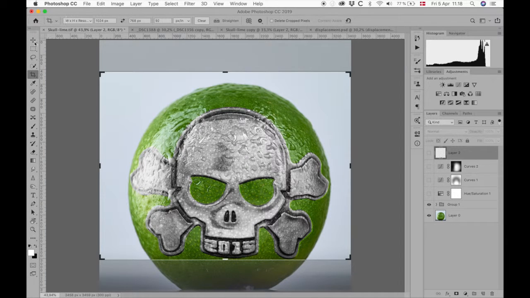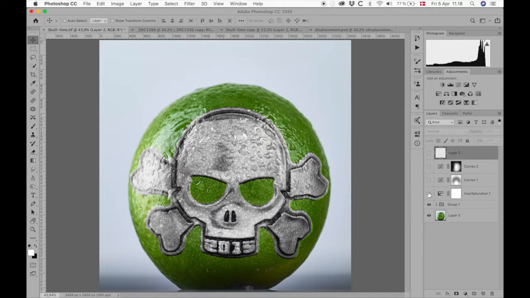So anyhow, this was the finished product, and then I went in and I did some color correction. I brightened the background some, and I did some adjusting with the curves and layers, and I did some cleanup. And that's the final image, actually. I added some lettering to the top, and that's a whole different story. But that's how I use displacement maps